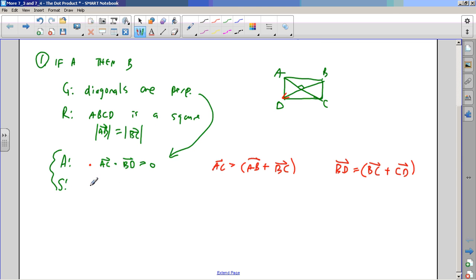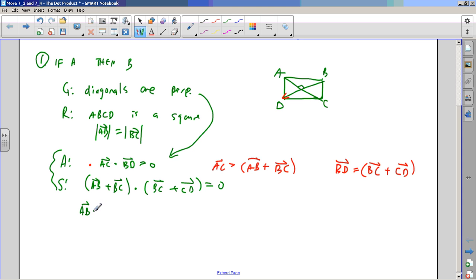this is our solution now, I think. I've got AB plus BC dot BC plus CD. And you see what I'm going to do is I'm going to distribute this. I'm going to distribute the first vector addition and the dot product. And basically, it's just like good old grade 10 bracket times a bracket. It's FOIL, right? We've got AB